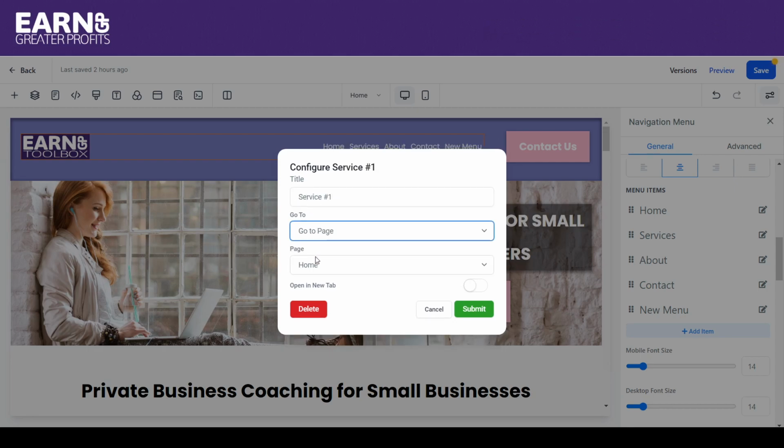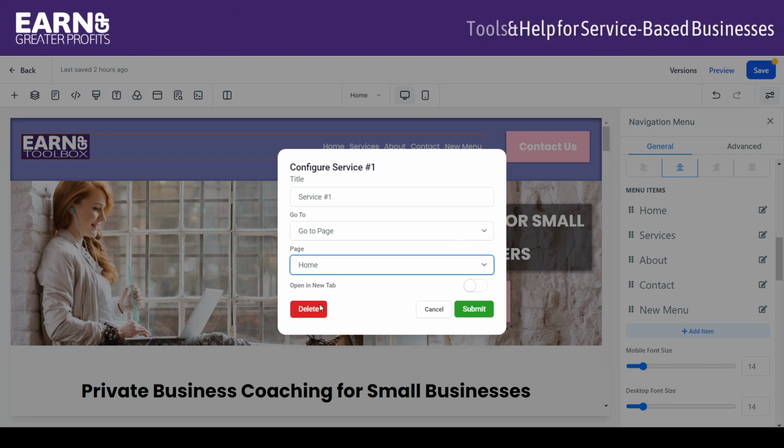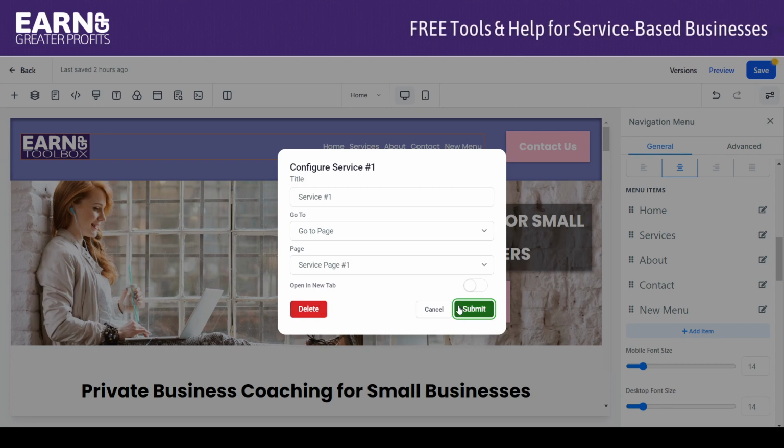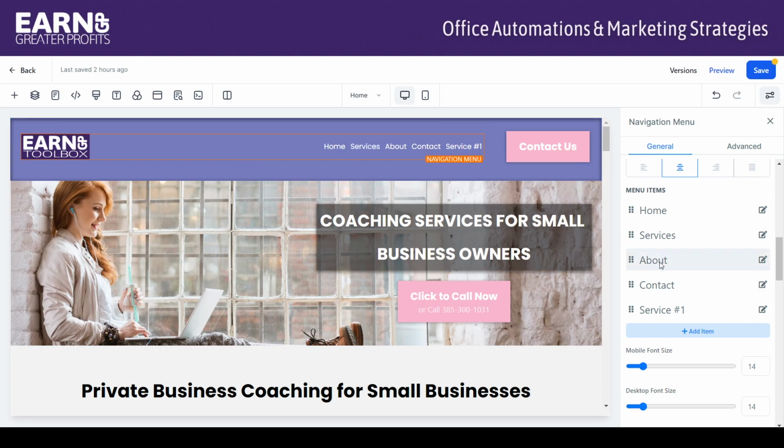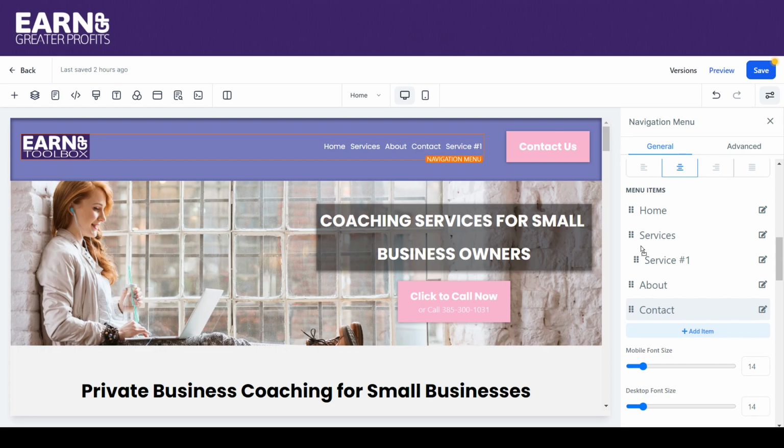In fact, that's the page where we want that page to go, right there. But the main services, you can have another general services page and link it there, or you can just link the first service. And then we're going to pull that in,